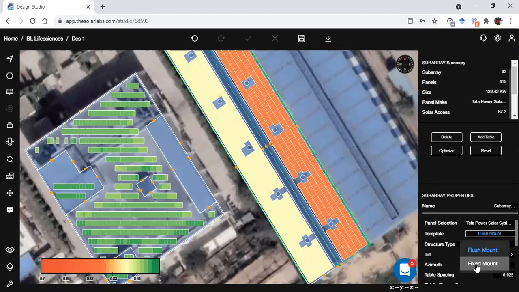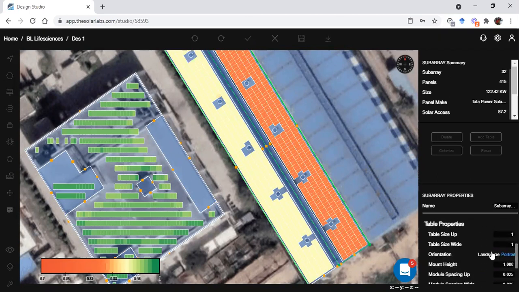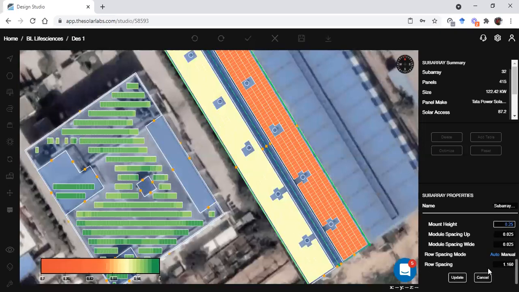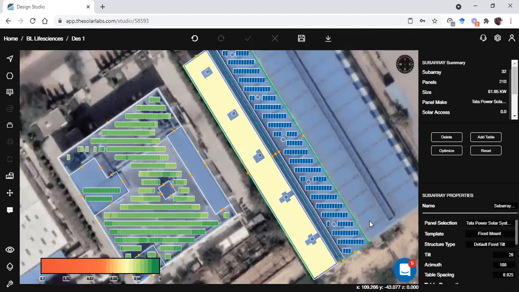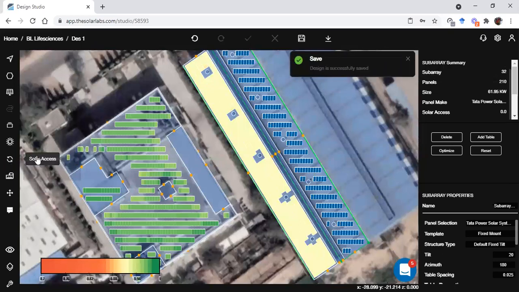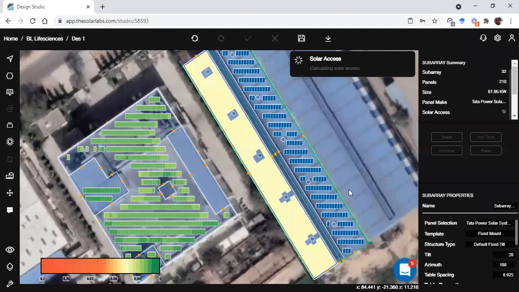I just need to change my flush mount to fixed mount, and then I will decrease my mount height and increase the row spacing and update this. So like this, we can do the reverse mounting on shed type structures. So if I save it and once again show you the solar access, you'll easily be able to notice the difference.